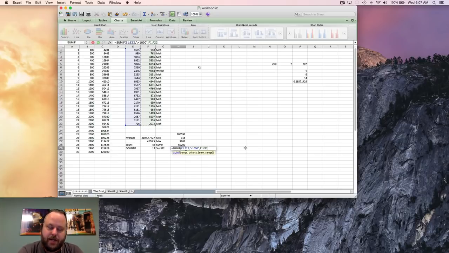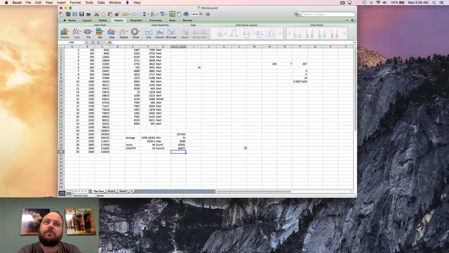So let's go ahead and close this out and give it a try. So look at that. Pretty handy. Of course, we are using COUNTIF over here, so we're counting if it's greater than 5,000. All right, let's move